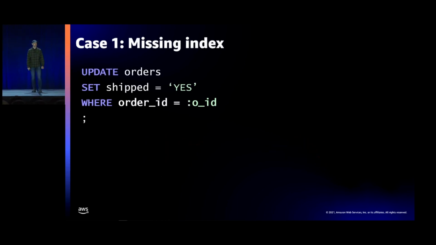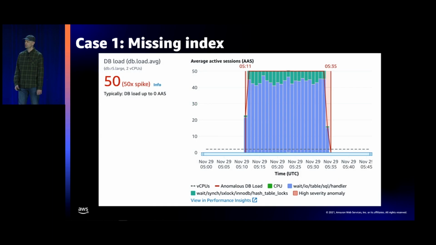Well, I'm going to start with a simple example. What do you think will happen if you drop an important index on a busy production system? Trouble, right? Well, the good news is that DevOps Guru for RDS will detect it. Because queries will now run longer, for obvious reasons, DevOps Guru for RDS will see a high and unusual spike of database load metric. It will mark this spike as an anomaly and send an alarm out to the system operator.